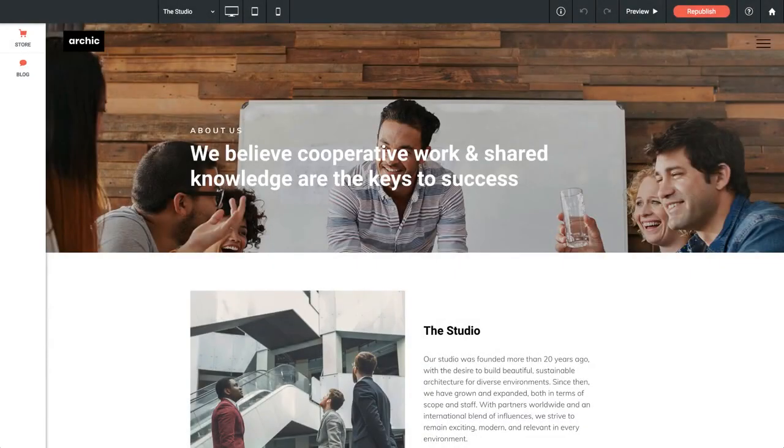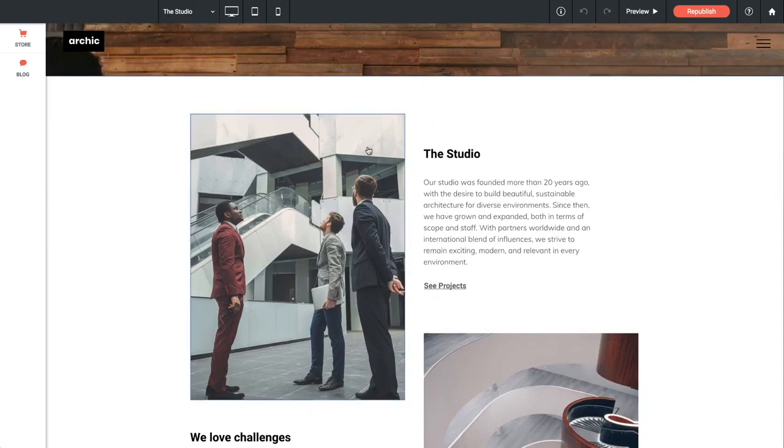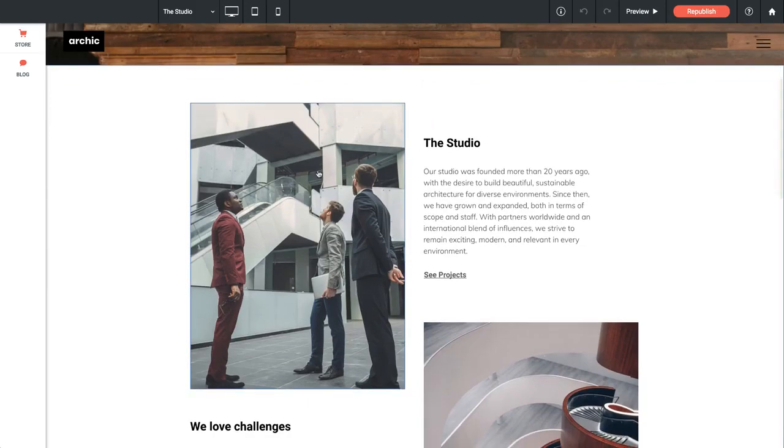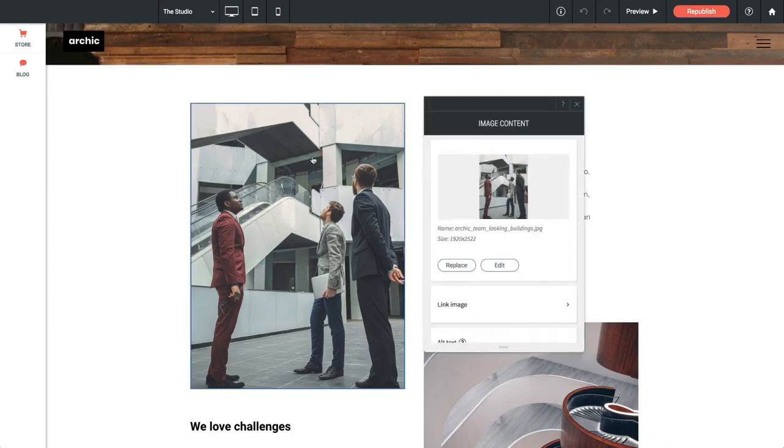Now that we know how to edit text, let's have a look at how to edit photos and photo galleries on our sites. On our studio page, if I scroll down a little bit, you can see we have these images within our layout. When I mouse over an image, you can see that the icon changes to a clickable element, and if I click on that, we're presented with a small option window that allows us to change settings